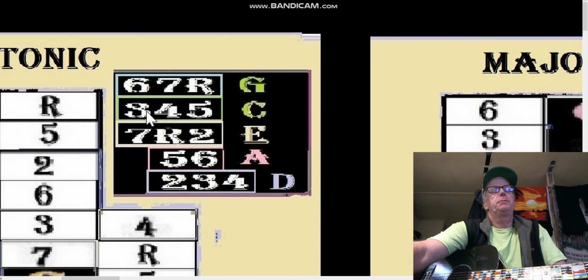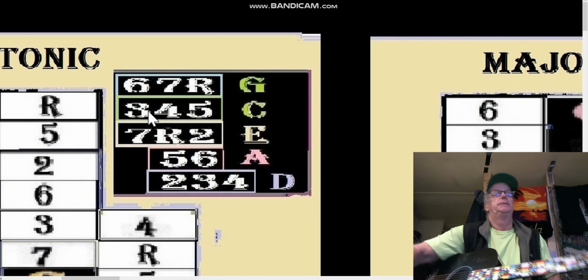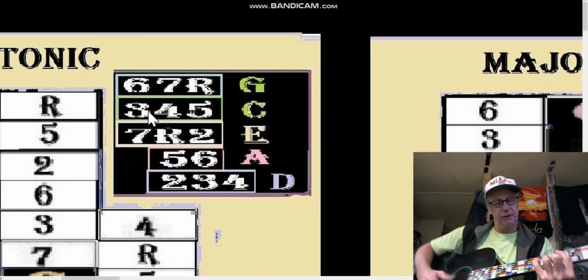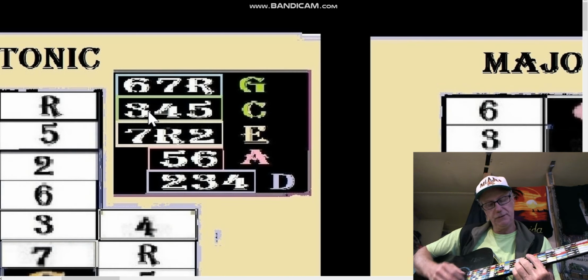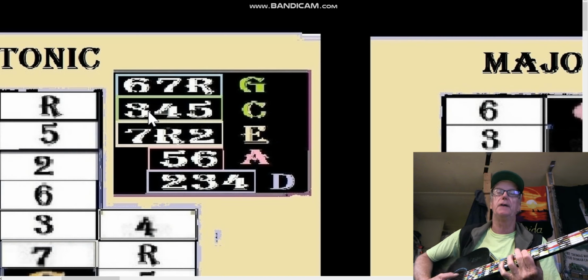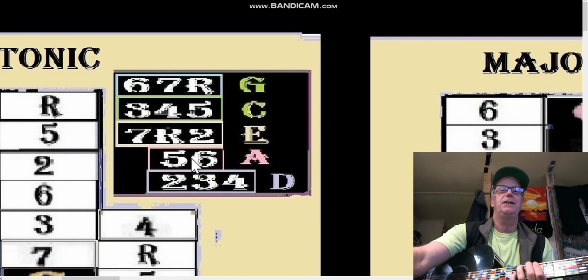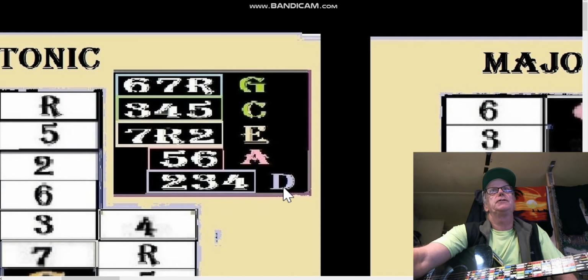So the string shapes are the bottom strings of the cage shapes as they go up the neck. Okay, so C is 3, 4, 5. All right, and then the A shape C, the cage shape is 5, 6 here. Now notice this isn't stacking exactly right because I'm doing it in caged, and when you stack these string shapes,